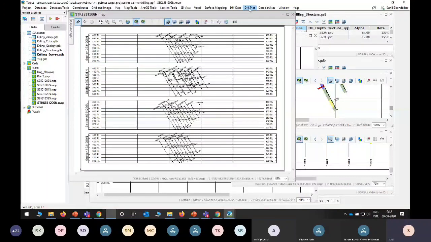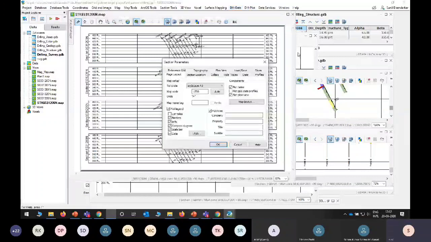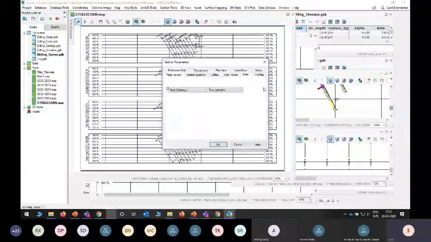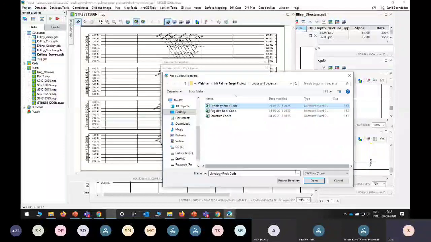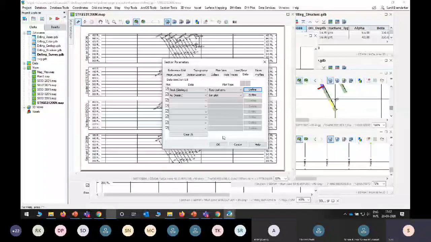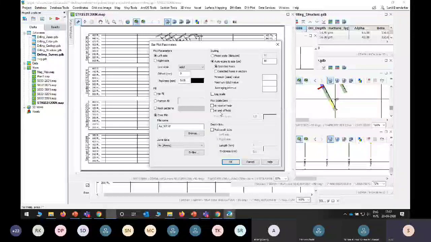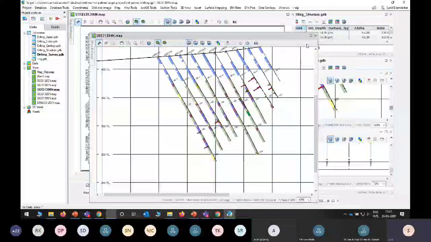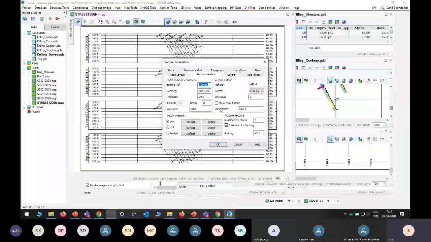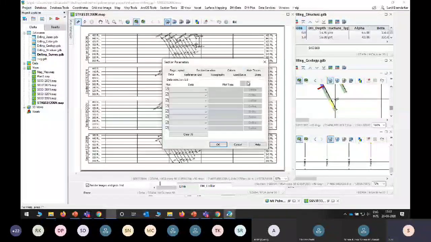We'll go to bhplot section, go to data set, and add data.